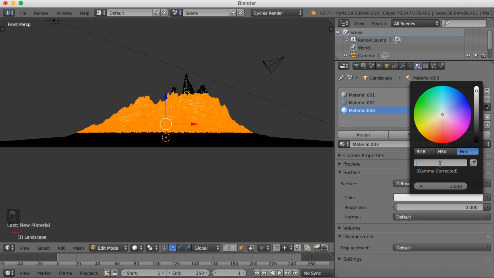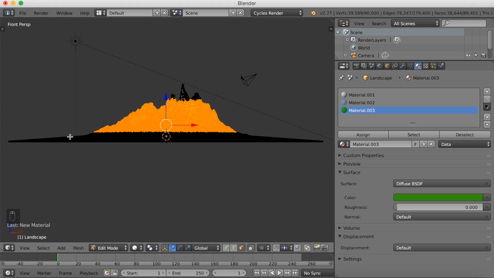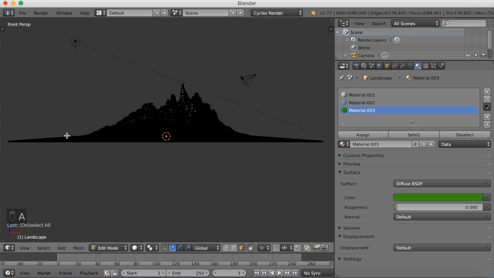And I'm going to write in the color code for the green that I want to have on my island. So just copy the color code. So click 368F and then click 11, and then you get this green color. And I'm going to click A to deselect, and then click B to border select again. We're going to select the area where we want to have the green material. So drag it to the other side with your left mouse button